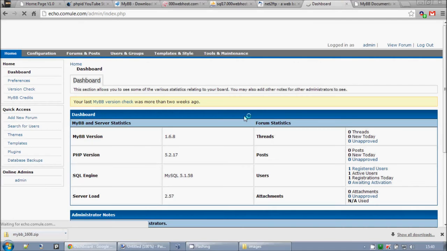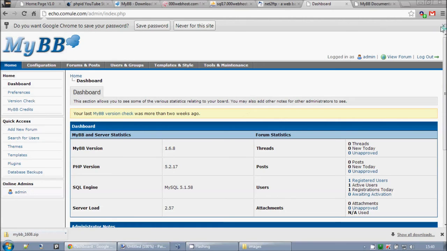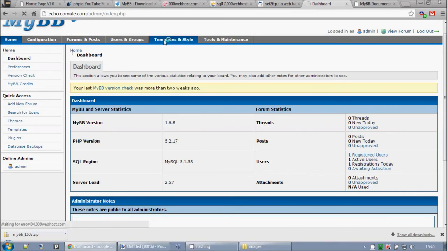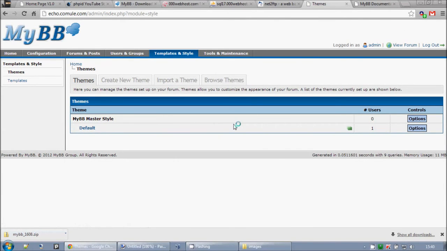And voila, finished. And it's going to ask me for a password again. Stop doing that, Google Chrome. And it's got the default things: server load, version, etc. Forums, posts, templates, and styles, and things like that. You can upload ones, create new ones, import ones, which is so much easier than some of the things you have to upload through the other software. Anyway, so that was how to install